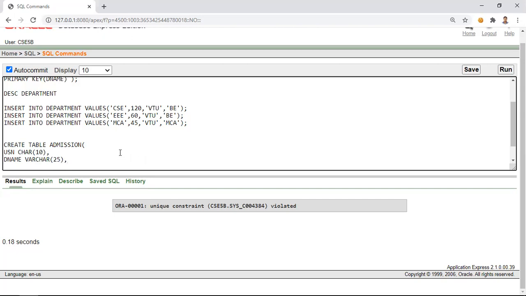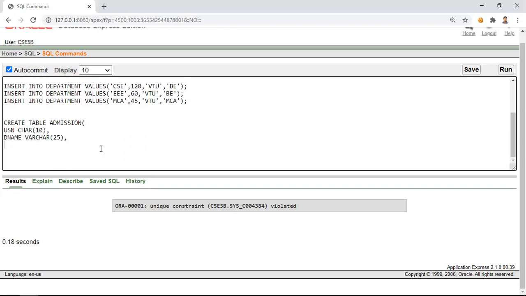Along with this USN and department name, our admission table had the attribute quota. So quota is added. Along with this, we had one more attribute, that is the PUC percentage. Let us declare PUC percentage as integer.